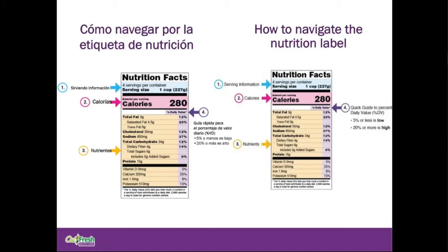So now to explain it in English, the purple section, number 4, is a daily percentage value. And what is daily percentage value? Daily percentage value tells you how much you've consumed in a day. So for example, total fat, right? We have total fat 9 grams in this package. So when you do eat this whatever this food is, this cup, this portion, you're eating 12% of your daily fat necessary. So it's a percentage of your daily intake. And remember, it's related to the 2,000 calorie